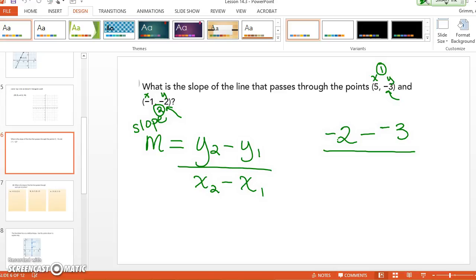And then I just go down to the bottom part. So I do the x from the second point. The x from the second point is -1, minus x from the first point, which is 5. And then I just solve